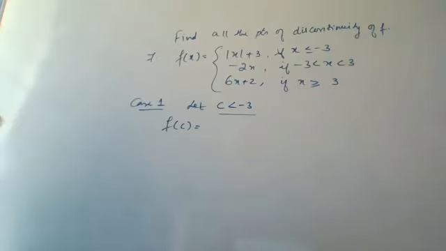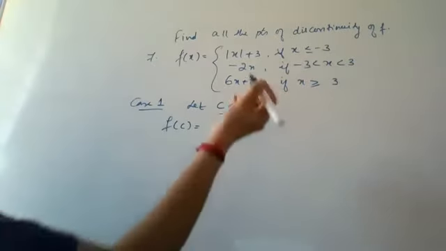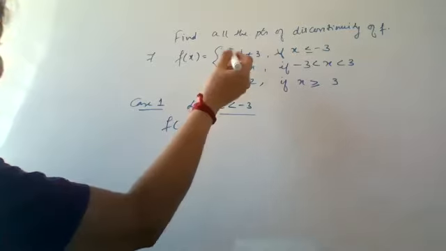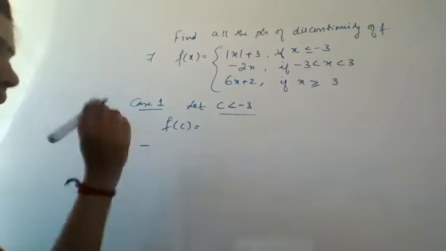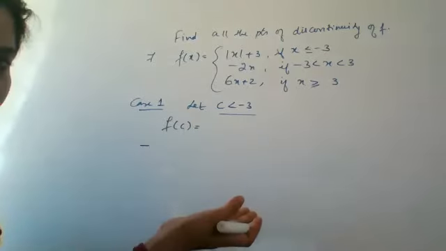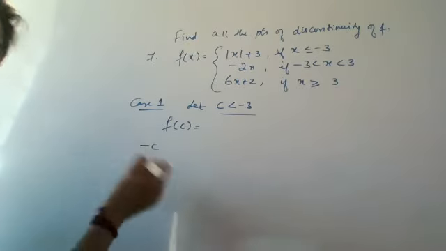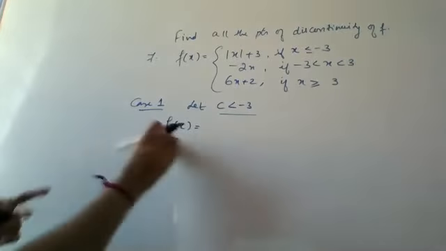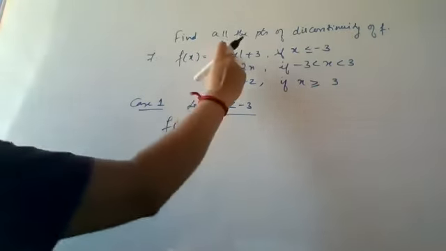When I say f of c, see, what does mod x mean? Mod of a number less than minus 3 means it is a negative value, so you will get it as minus x. C is already a negative number, so its modulus means you are making it positive, in which sense? You are taking the negative of that number. C is already a negative number, its negative will give you a positive number. That's why we will write this mod x.